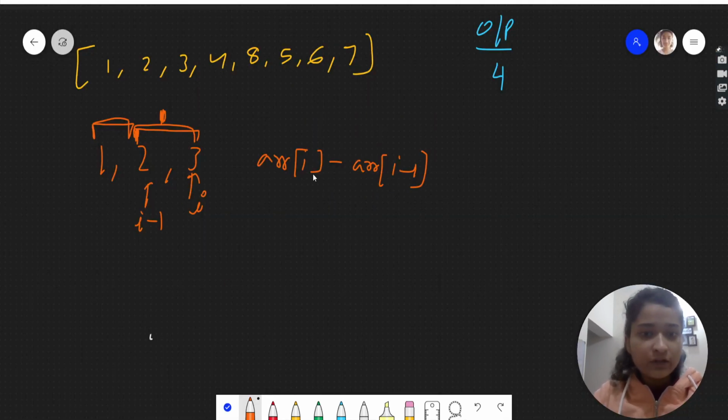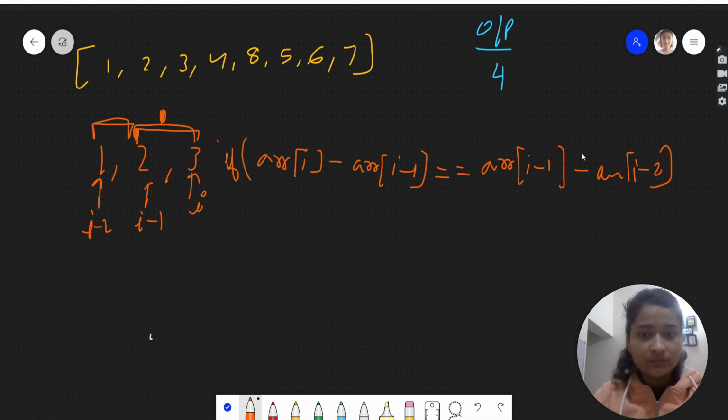So if arr[i] minus arr[i-1] is equal to arr[i-1] minus arr[i-2], fine, if this is the case, then it means we found a subarray, right?